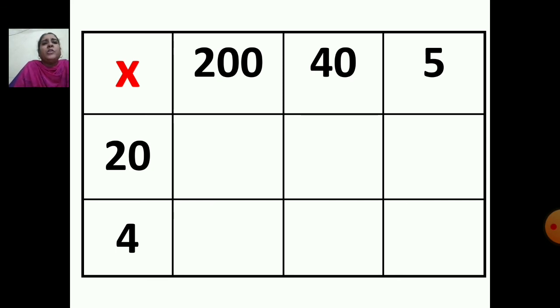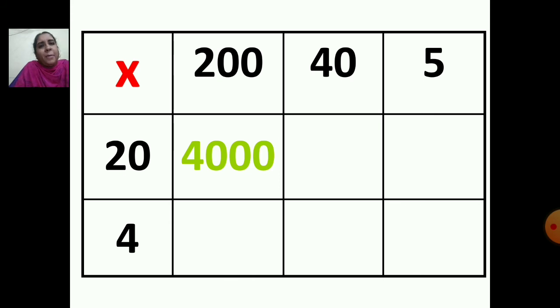Okay. Now first we will take 200 multiply by 20. So you will say table of 2. 2 2s are 4. And how many zeros you will place after 4? See, two zeros you will take from 200 and 1 zero you will take from 20. So total 3 zeros. So what will be your answer? 4,000. Very good. Now we will take second column.